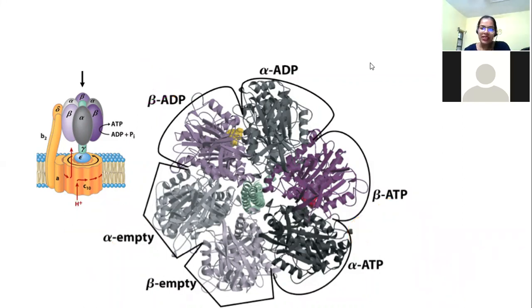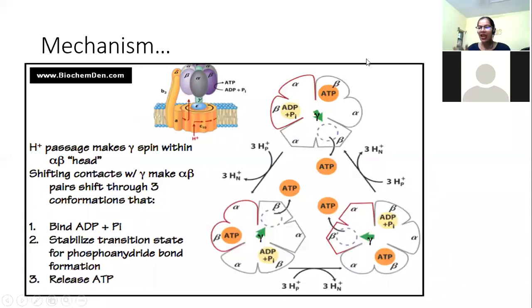Okay. So there's one more figure, the same thing which I have just explained, so that your visualization becomes clear. You can see that first we have the alpha beta ADP plus Pi. Then what is happening? You get that ADP becoming your ATP. Can you see it over here? Then that becomes empty. So all this cycle will continue. As your proton gradient is maintained, the ATP synthesis will continue, making the ATP continuously.